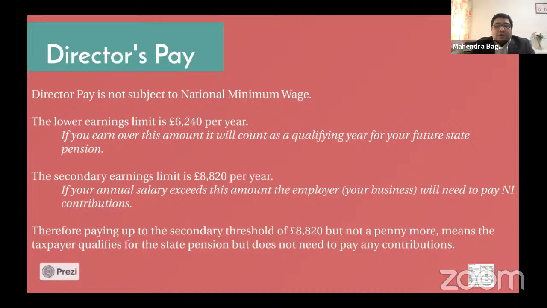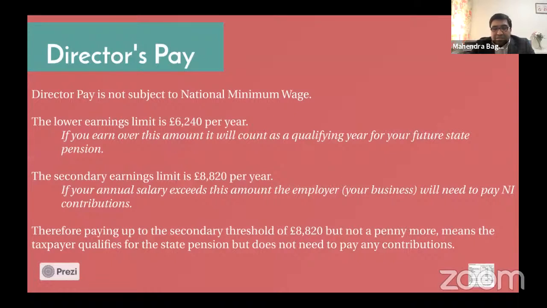Now there are two limits for national insurance. The first is the lower earnings limit, which is 6,240. When you go above that earning, that particular year is marked as a qualifying year for the state pension. So that's very important. If you're earning less than that, you're not marked as qualifying for the state pension. Now the second earnings limit is 8,820, and if you go above that, you start to pay the contribution for